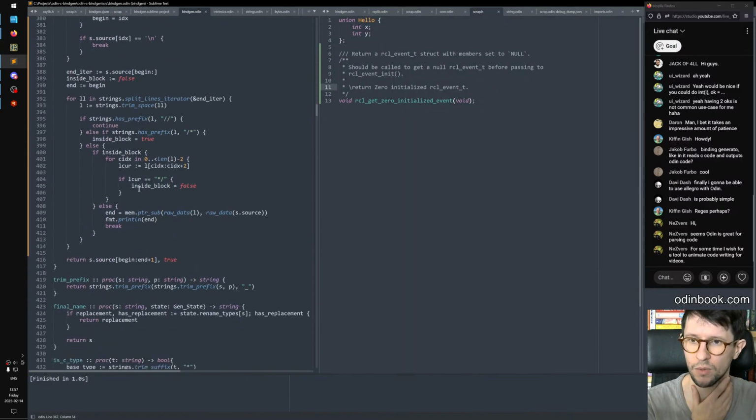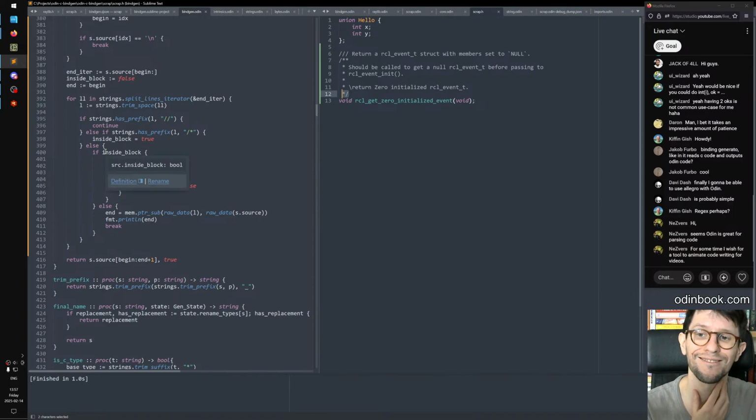I know why it doesn't work, because it gets here, but then it doesn't terminate, because when should it terminate? When should it terminate? Well,